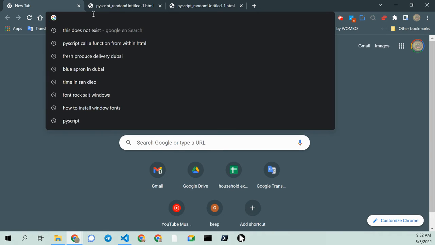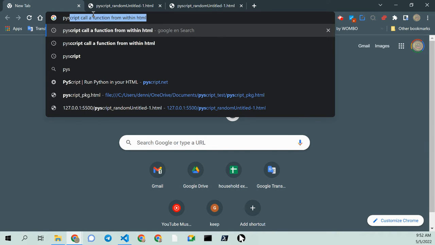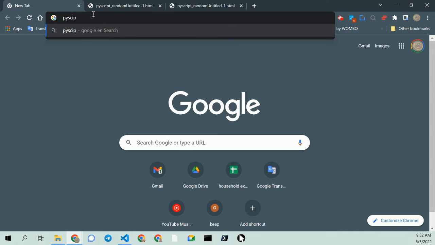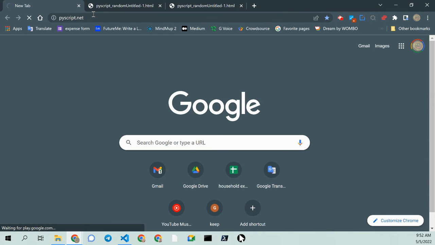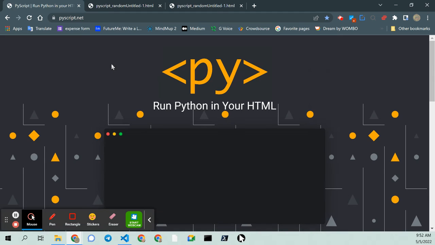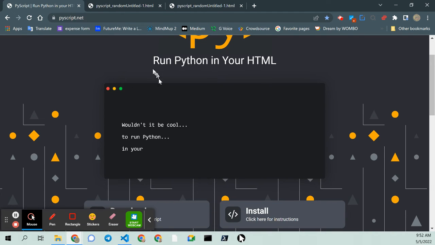Pyscript is an interpretation of Python that behaves very similar to JavaScript in the browser. And you can see from here, pyscript.net, they've created a little demonstration of HTML running